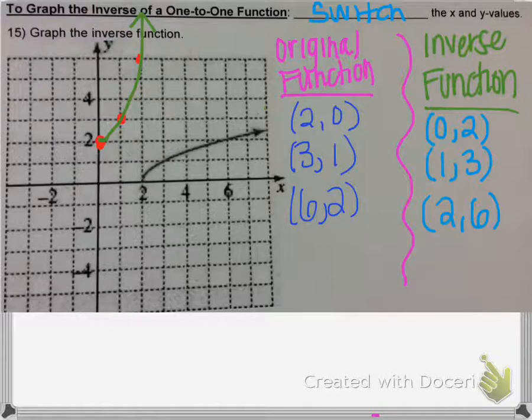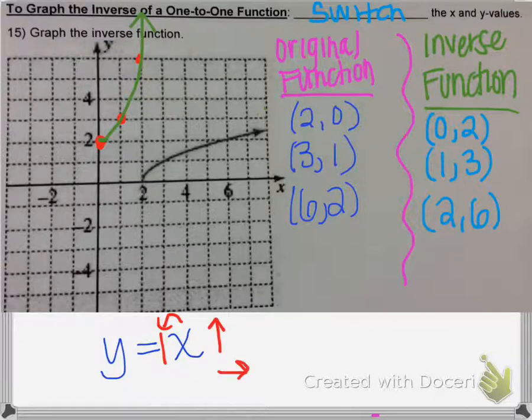Okay, now what we need to notice here is if we were to graph the line y equals x. Remember from Math 092 or from our review of graphing, if we want to graph a linear equation, the number in front of x is the slope. Since the slope is 1, we're going to go up 1 and to the right 1. So we're going to start at 0, and go up 1 over 1 and graph